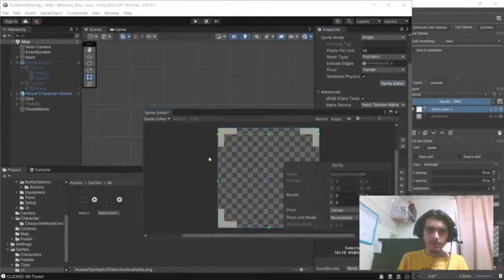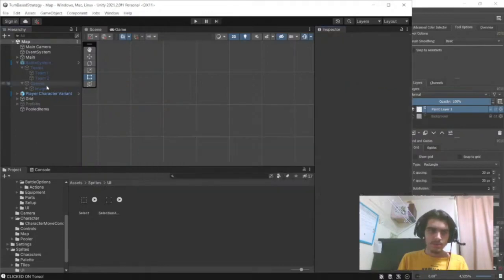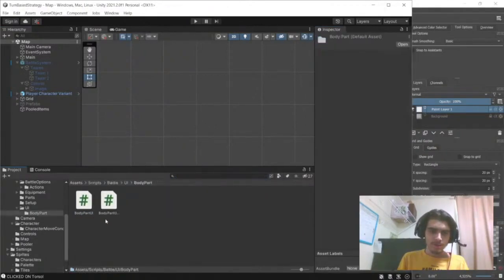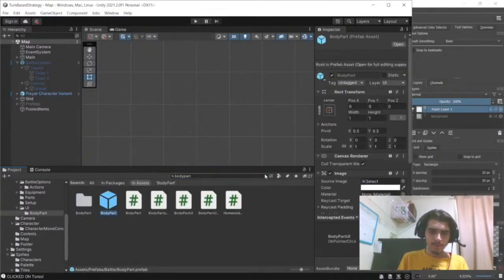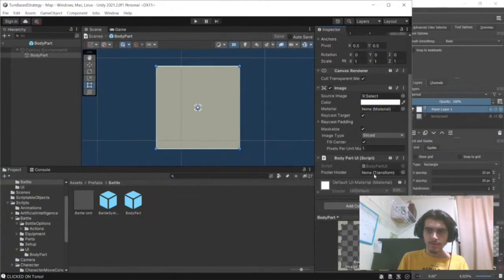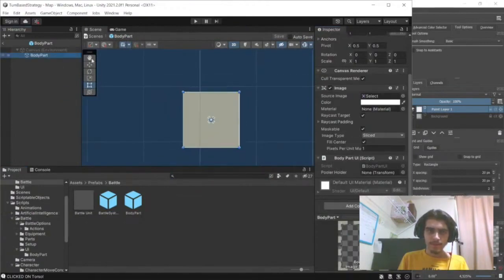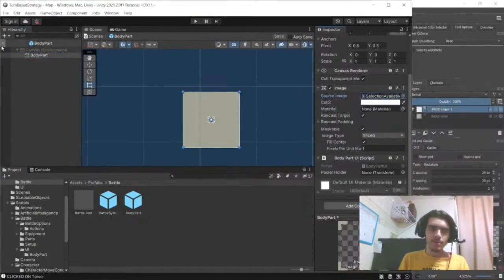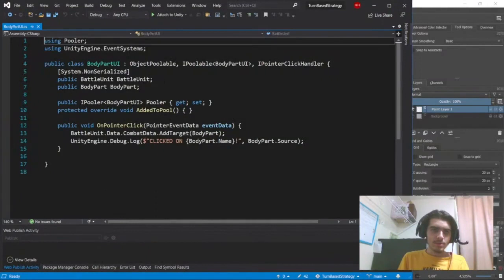Go to sprite editor, do this. And I believe body parts. Where's the UI? Guess this is the UI, of course. Want to do selection available, and if you hover over it, we want to change it. So